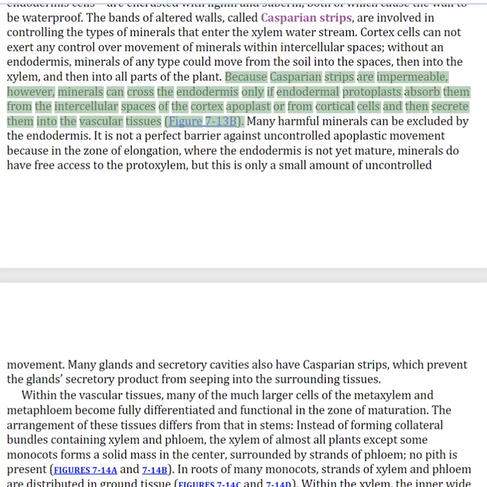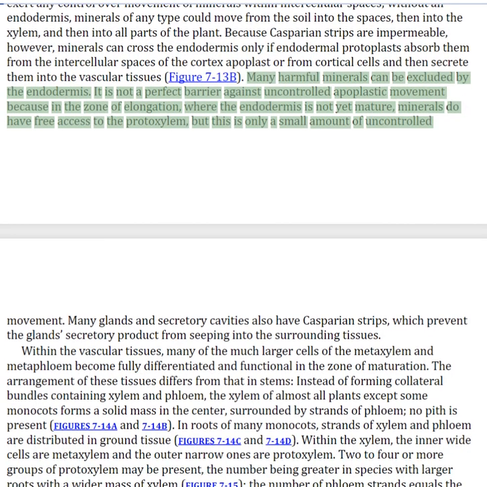Because Casparian strips are impermeable, however, minerals can cross the endodermis only if endodermal protoplasts absorb them from the intercellular spaces of the cortex apoplast or from cortical cells and then secrete them into the vascular tissues. Many harmful minerals can be excluded by the endodermis. It is not a perfect barrier against uncontrolled apoplastic movement because in the zone of elongation, where the endodermis is not yet mature, minerals do have free access to the protoxylem, but this is only a small amount of uncontrolled